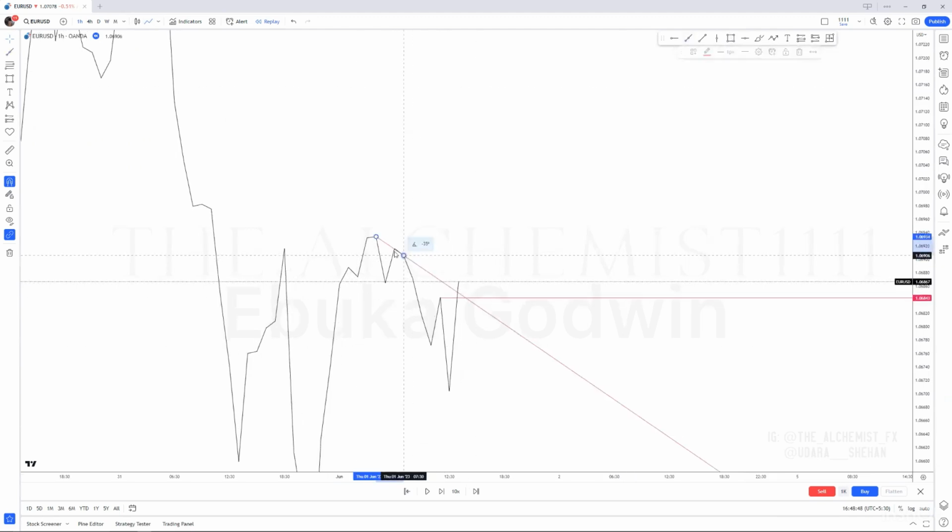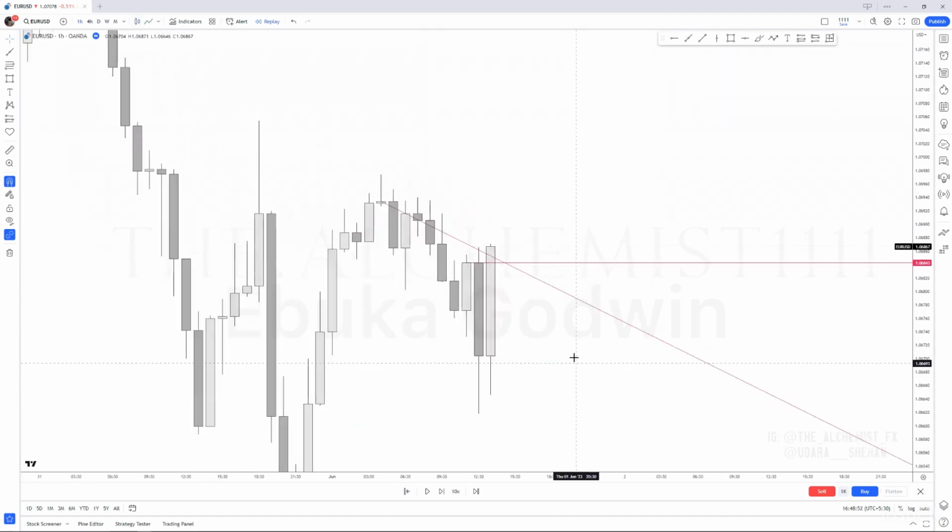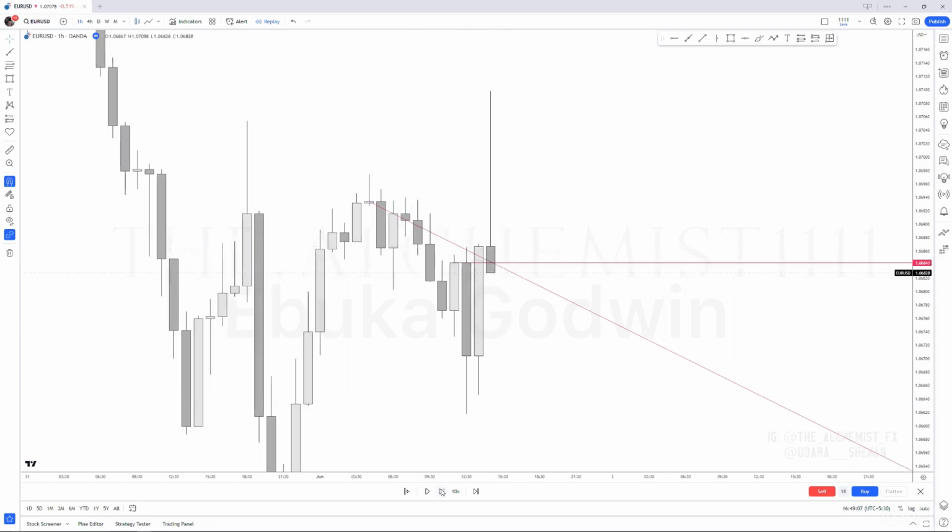There we go. We have a break and retest trend line. We call this a break and retest trend line. See, we had a trend line like this, which pushed price down here, and now it is broken. So now look at this. If the next candle wants to get into this RBS, we have the trend line and the key level overlapping very nicely. So what happens? There it goes.